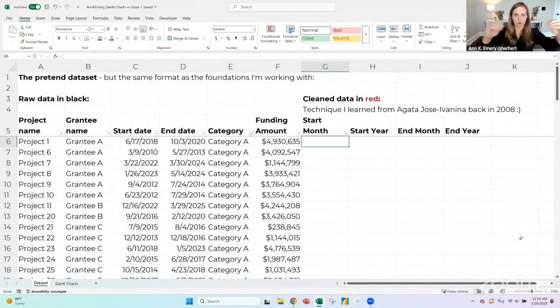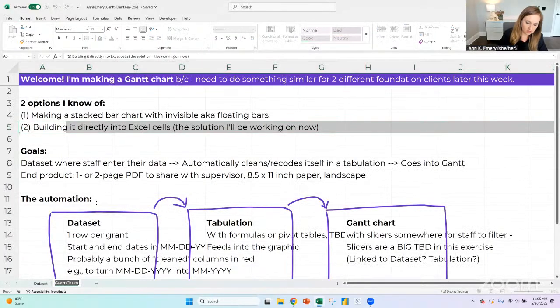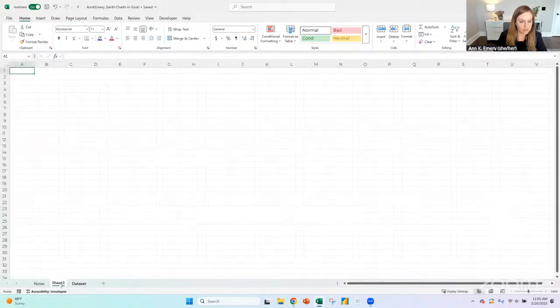We need to be able to make it go across. Okay, these are the notes. These are my notes, but the actual Gantt chart is going to look like